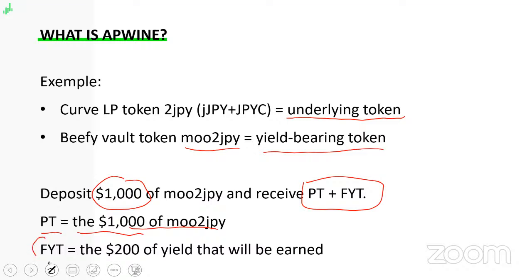And my FYT, same thing. At the end of the 3 months, let's say that the yield for 3 months will be $200, which is quite big, it's 20% for just 3 months. But again, it's just for the sake of example. I will be able to burn my future yield token to get the $200 of yield that I have earned. But of course, the point is not to do that. The point is not to tokenize your principal and tokenize your yield and just wait 3 months and just burn them to get what the tokens behind are.